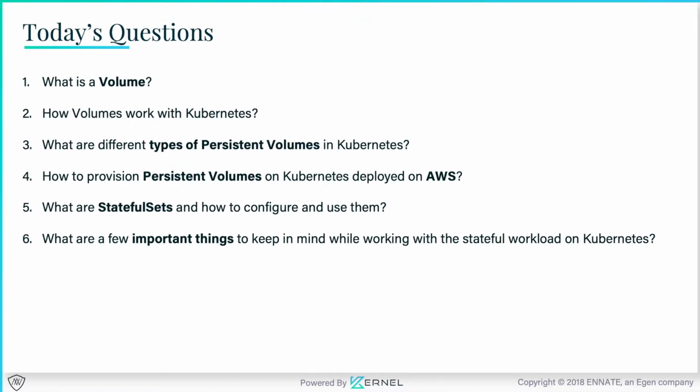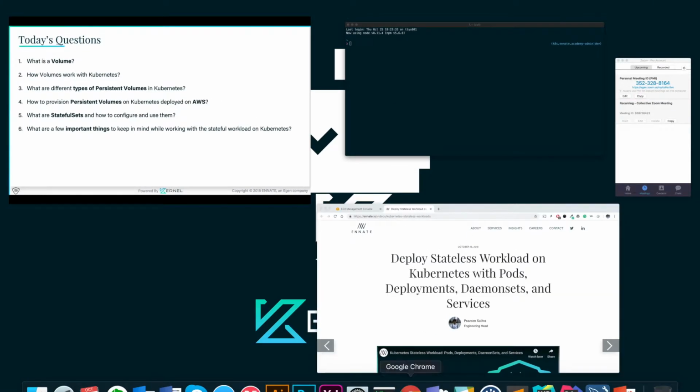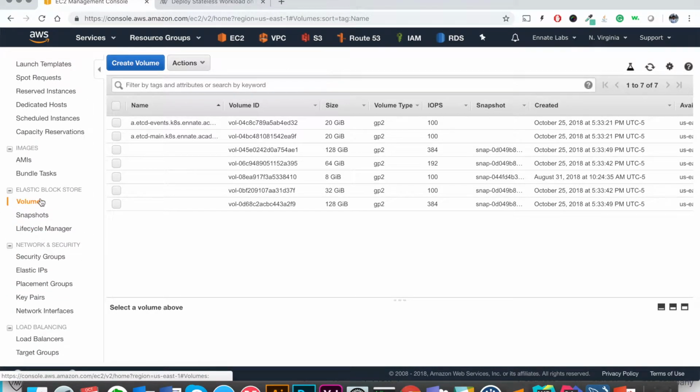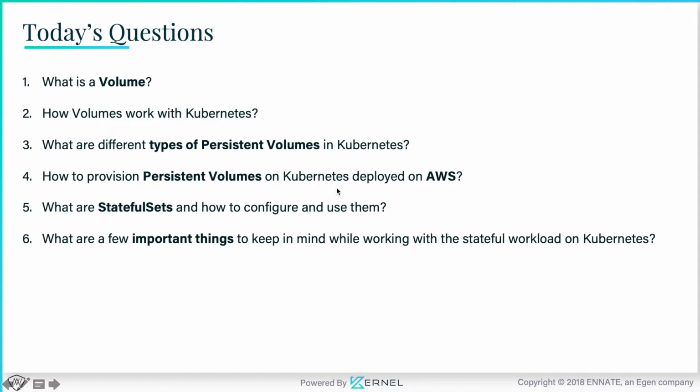And then we'll understand what are different types of persistent volumes in Kubernetes. What if you want to involve AWS there? Because ultimately, you may be asking to create these EBS volumes, which are available from AWS, and the same thing is available from almost all of the other cloud providers like Azure and Google. So you want to understand, can a volume be scheduled or can we provision a volume like these EBS volumes, elastic block storage, right? And if that is the case, who will provision it, how can we define size and all those kinds of pieces, who can handle the life cycle of this volume available from the cloud providers,